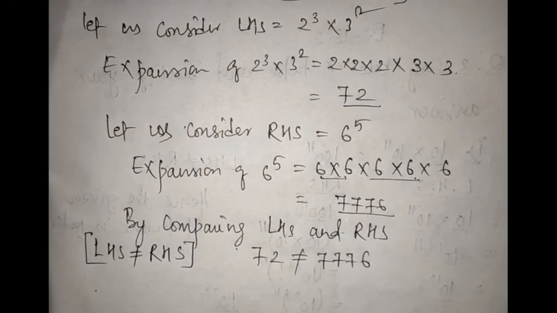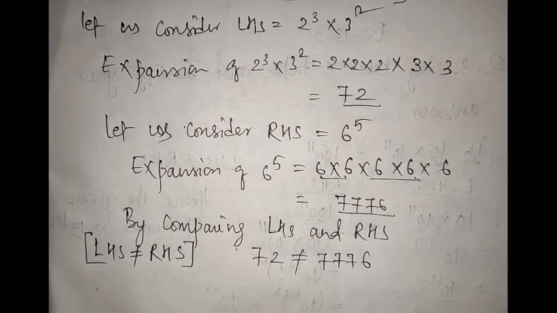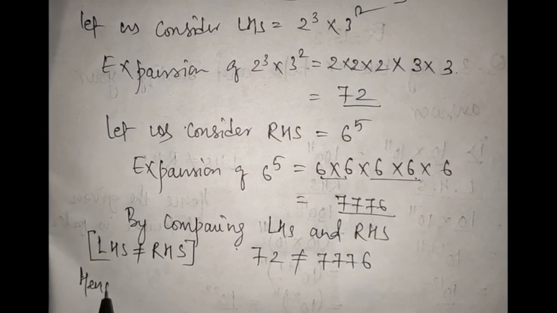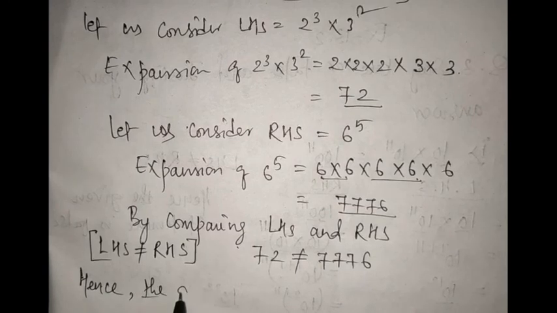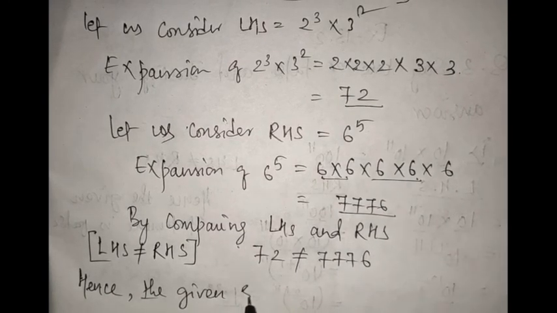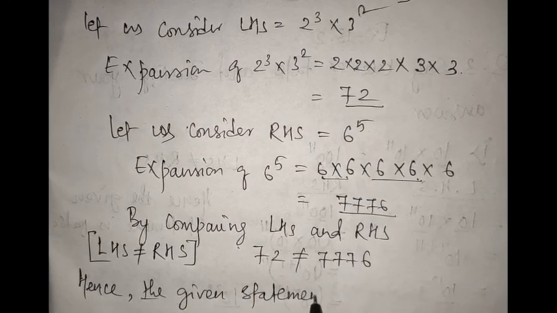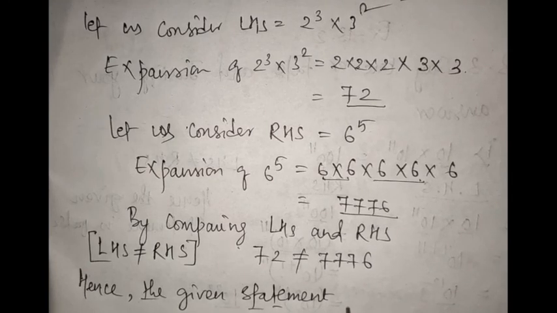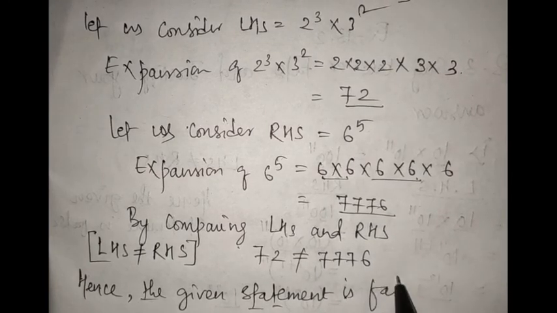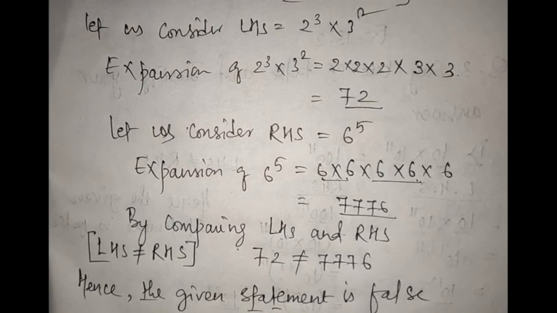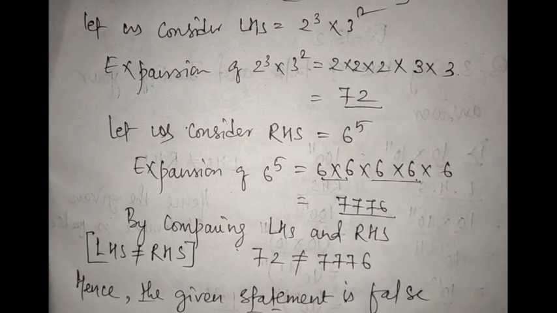So we will write, therefore, hence the given statement is false, because LHS is not equal to RHS. According to the question, LHS was equal to RHS, but now it is not equal. All right, after justification. Proceeding to the part 4, we have to say whether LHS is equal to RHS